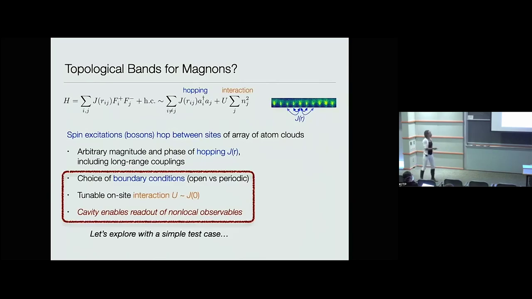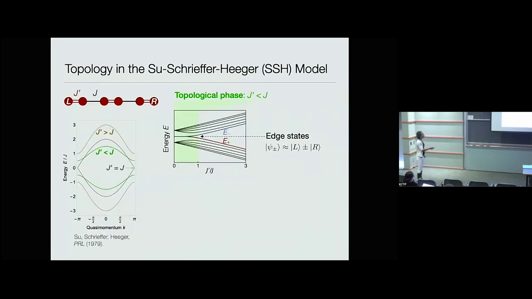Okay, so in general, having arbitrary control of the hopping could be very cool and let you engineer flat bands, and we haven't explored that yet. We explored a very simple test case where we still have just a nearest neighbor type of coupling. It's this dimerized chain forming the paradigmatic SSH model, which has two key features that will matter. One is that there's a topological phase when this J prime coupling within the dimer is less than the J coupling between the dimers, which is characterized by edge states, which are basically symmetric and anti-symmetric superpositions of the left and right edges that are well separated from the bulk.